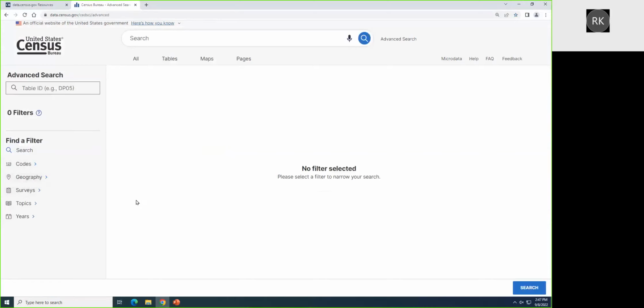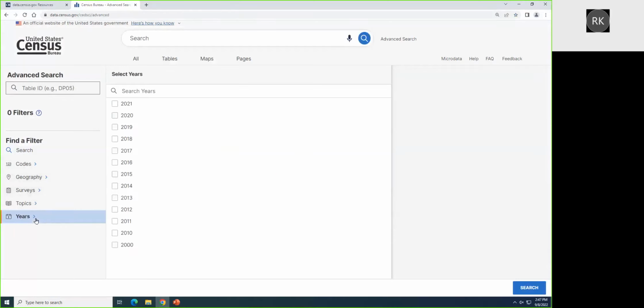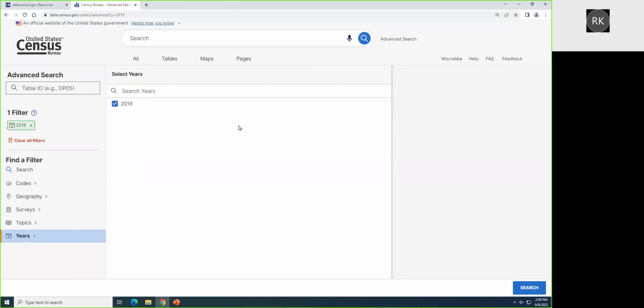From here, I'm going to start with whatever is most important to me, and I think I'm going to select the year first. So I click on the years, and I see there's a 2019 here. I'm going to check the box next to it. And next, I'm going to select my product and surveys. I'm going to click on the surveys,